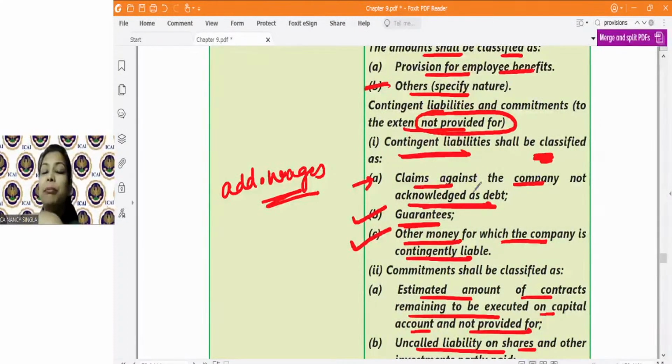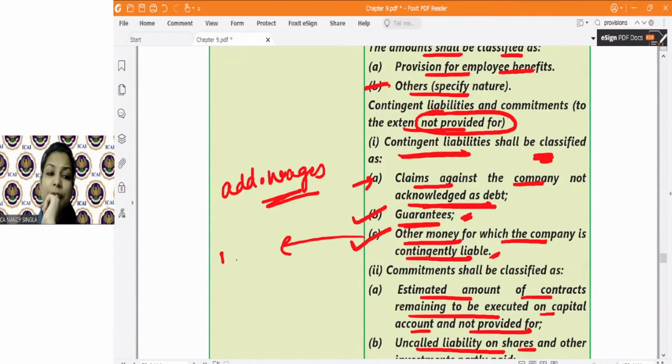Claims against the company not acknowledged as debt. I gave the example of a union, trade union or labor union, asking for additional wages, but that is not acknowledged or considered as a liability by the company as such. Guarantees or other monies for which the company will be contingently liable. Okay? So here any